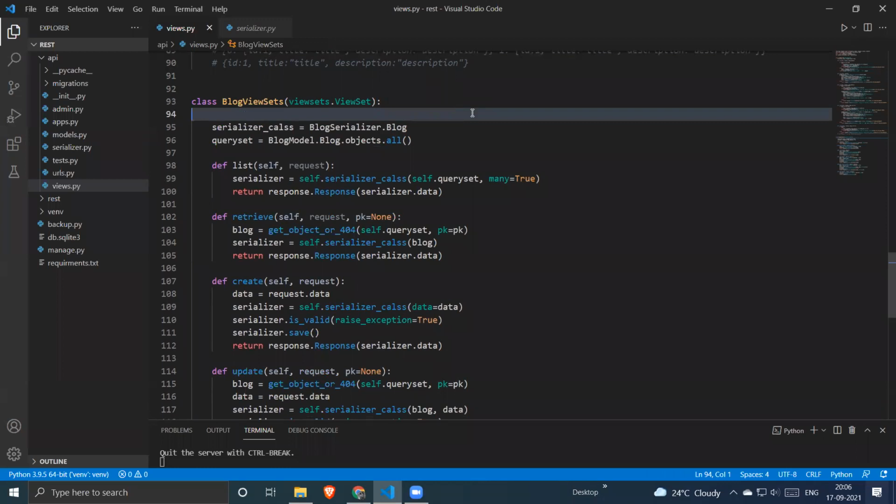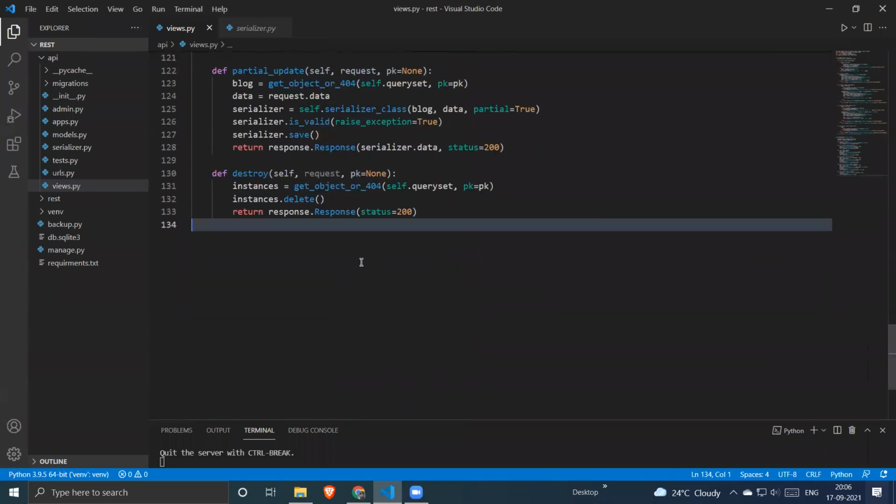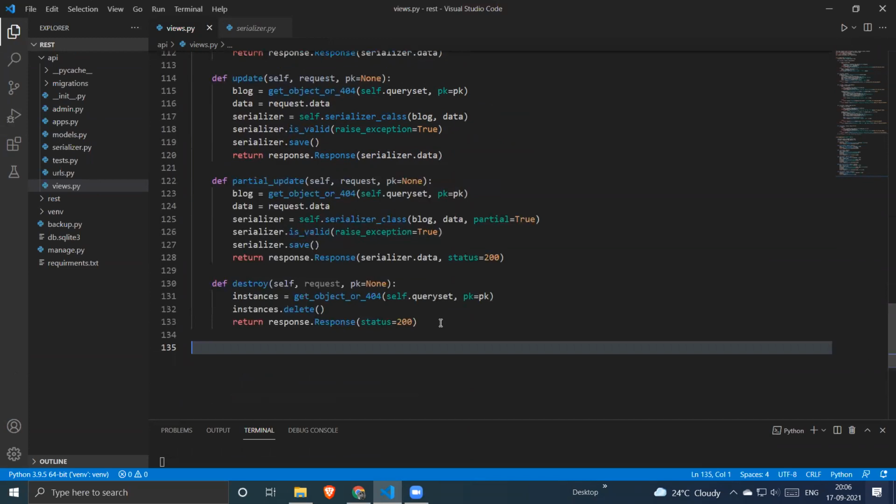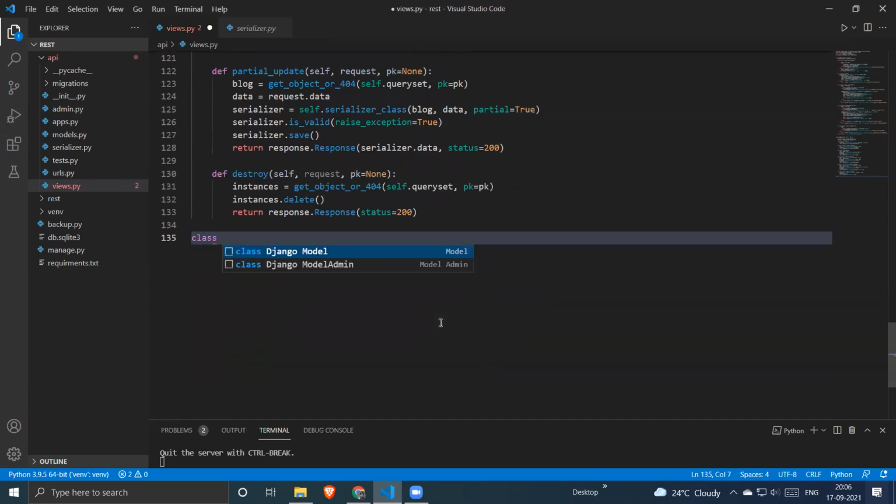So let's start and build our own model view set. Let's define a class. Let's call it BlogModelViewSet. It will be extended from the viewsets.ModelViewSet class.